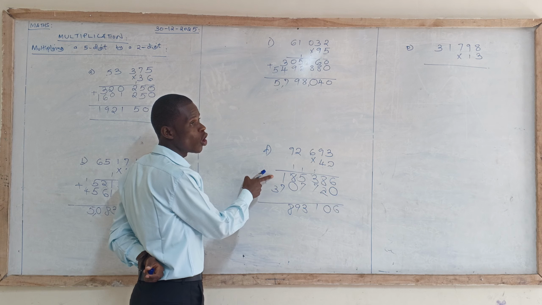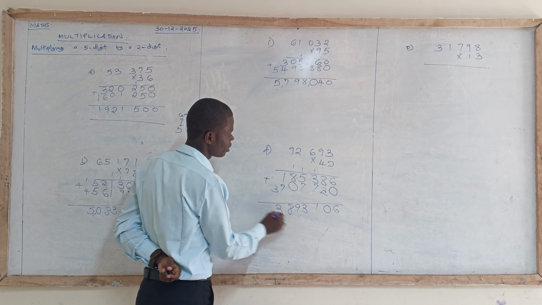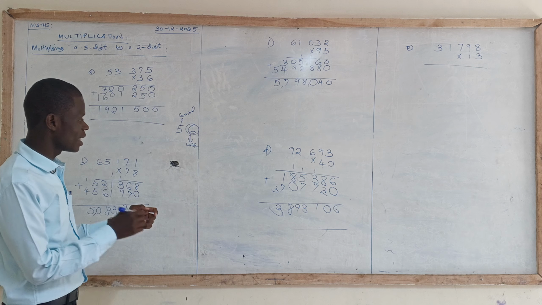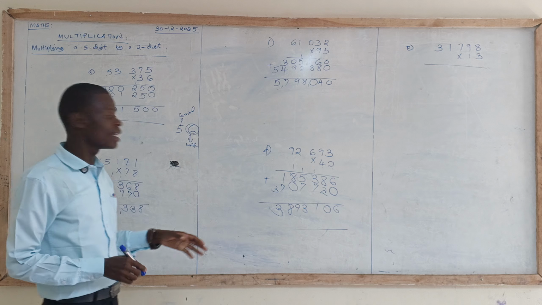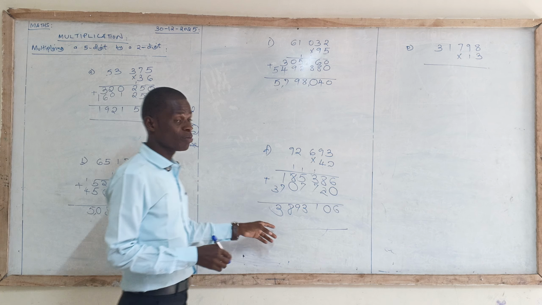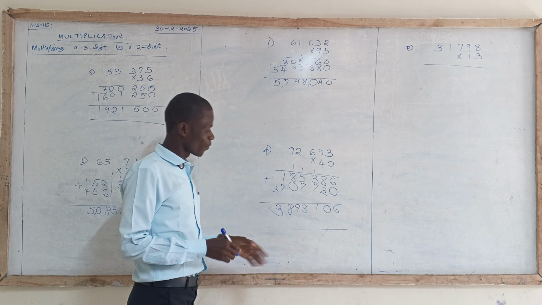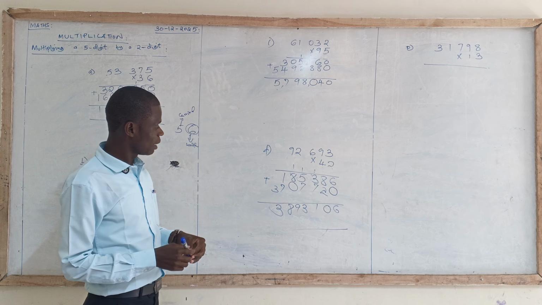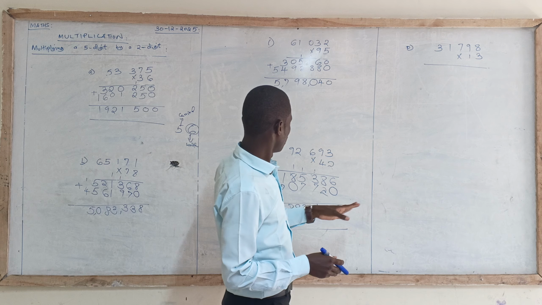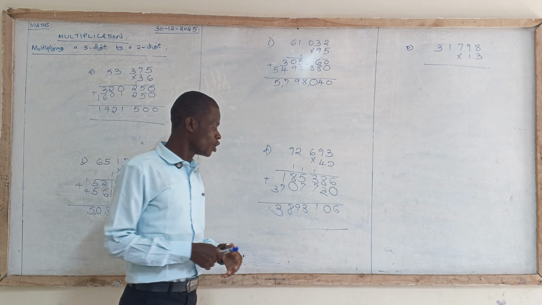What do you have here? No digit. So 0 plus 3, we have 3. So already here we have 3,893,106. Here we had 5 million, here I had 1 million, 5 million, 3 million. So we are going behind, but I know not for bad. We are trying. So try this one and let me know by